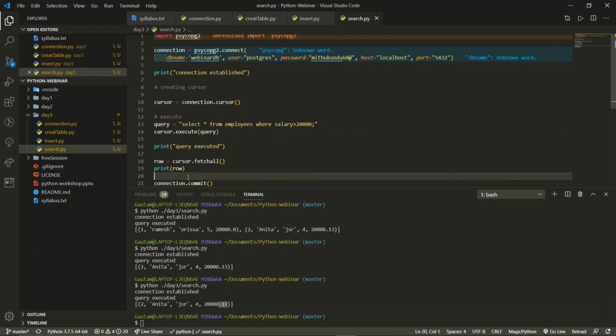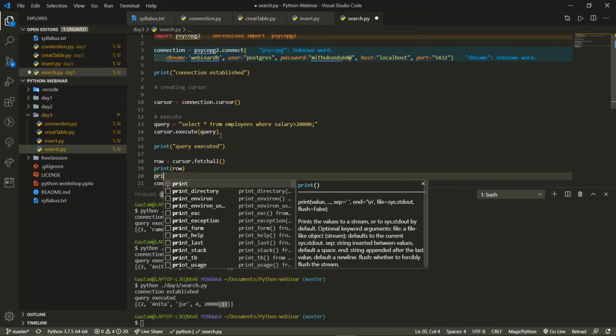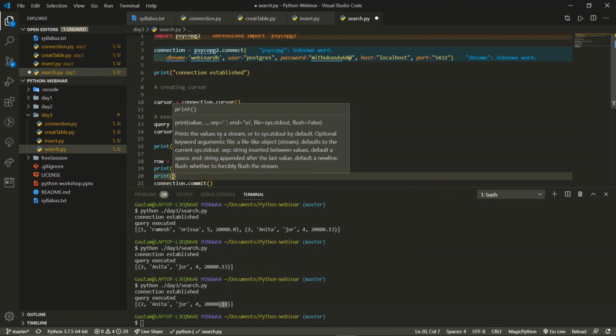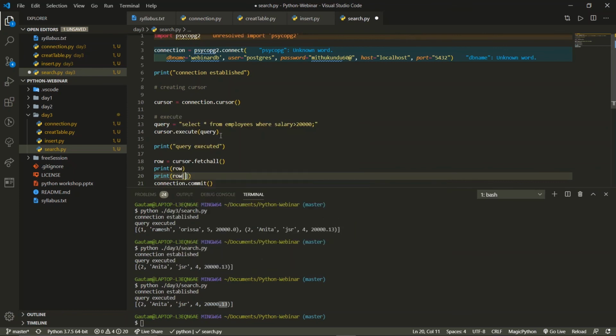And after getting those data, how will we use it? For example, we want to have this name. So you can see, we can write print row[0], then again [0]. If you write something like this, I believe it will work.